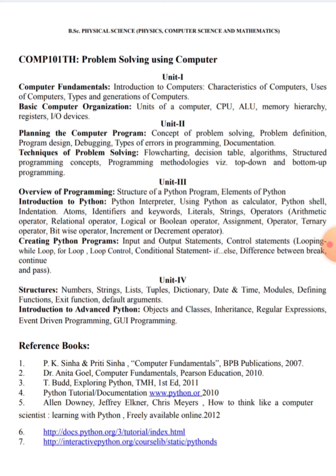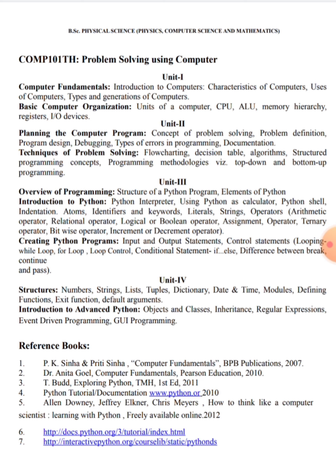Now in unit 3 you will be taught about programming, and in this subject we will learn programming using Python. So in the first topic of unit 3, a brief overview of programming is given, in which we discuss the structure of a Python program and elements of Python,